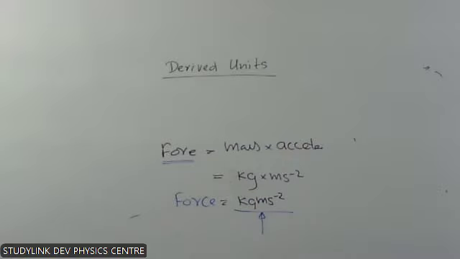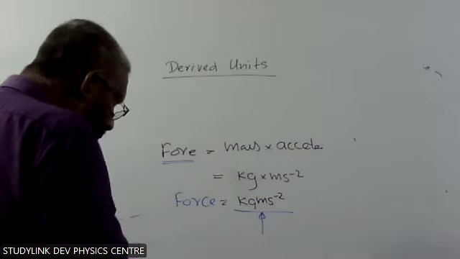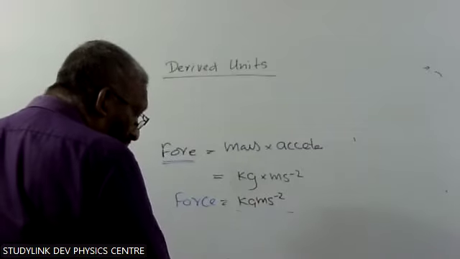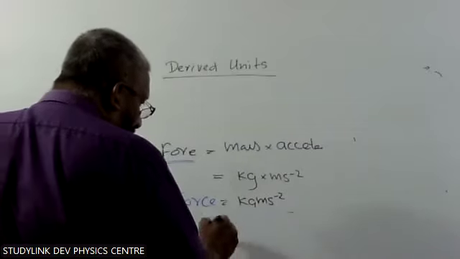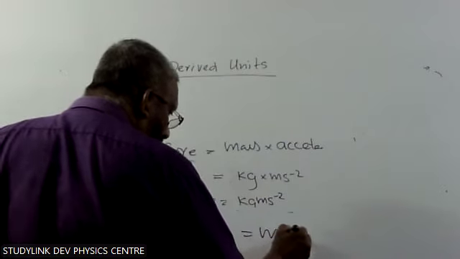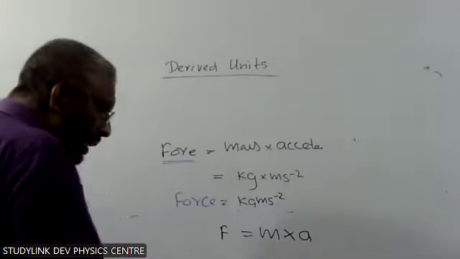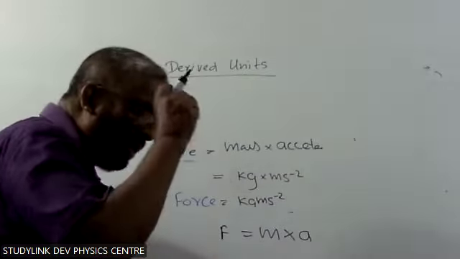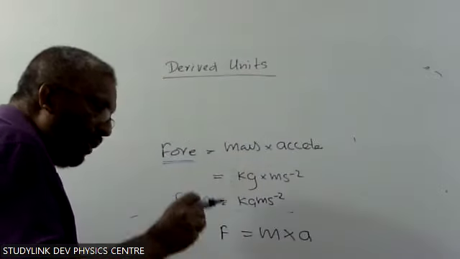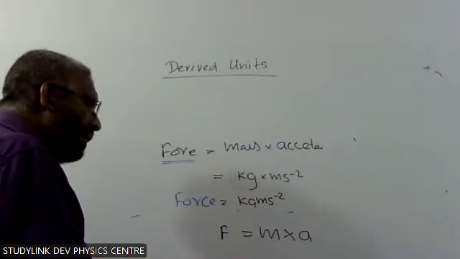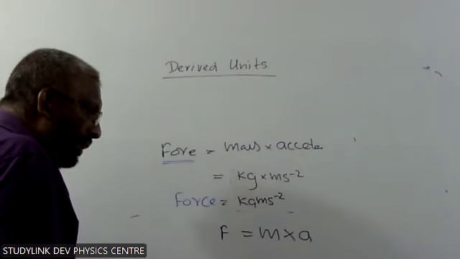Right. Now we'll say we are assigning a new name for that. For that we have to define the new one. So normally force is equal to mass into acceleration, F = ma. Look at this. When we are giving definitions for new units, or even defining another physical quantity